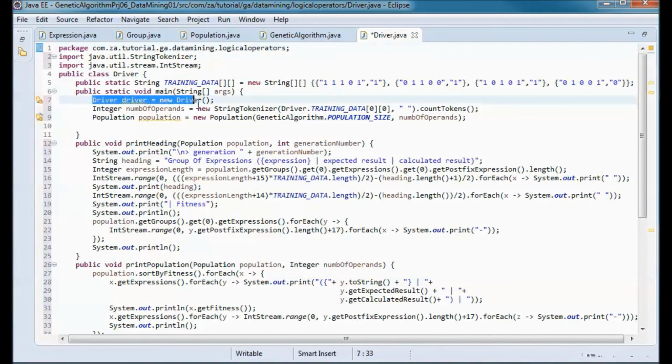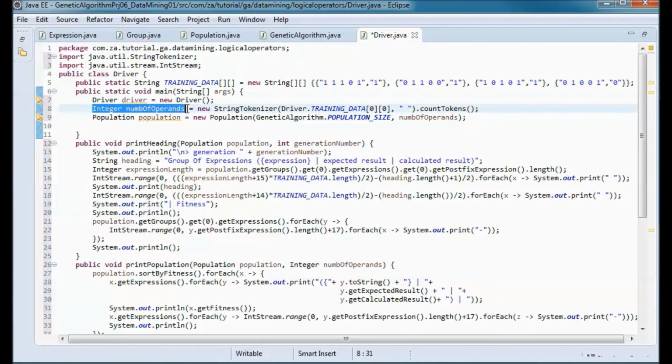I'll first instantiate a new driver instance and pick up the number of operands. So we have 5 operands here, and I picked 0, 0, so we end up here, which would be the same for each one, since we have to have the same number of operands.